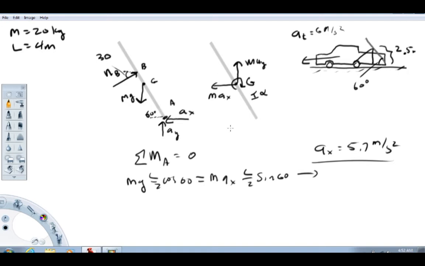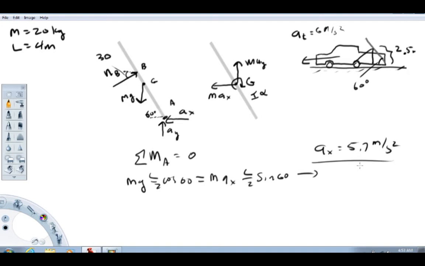When the acceleration of the truck hits 5.7 meters per second squared, pretty well exactly, this normal will be 0. Basically, the ladder's starting to rotate, come off this little pivot point here. The MAX would be the 5.7, still no real angular acceleration or a sub y. But if this acceleration is bigger than the 5.7, not by much, but reasonably bigger,